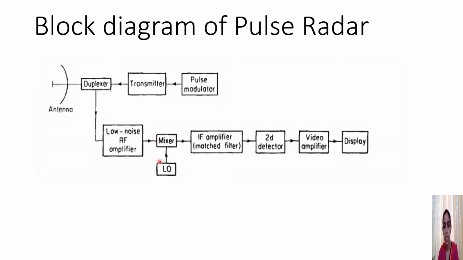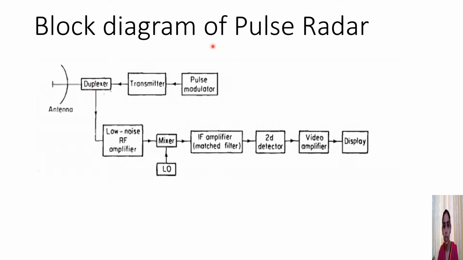The next is a mixer and a local oscillator stage. Obviously, the mixer gives some intermediate frequencies. In this particular application, the intermediate frequency can range from 30 megahertz, 50 megahertz, etc., with a total bandwidth of 1 megahertz. The detector here detects the modulated signal, removing the carrier signal, and it is then amplified up to a level which can be displayed on a cathode ray tube, or we can have other types of radar displays also, which we will learn in the subsequent section.